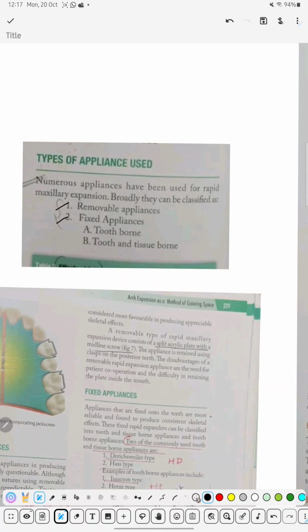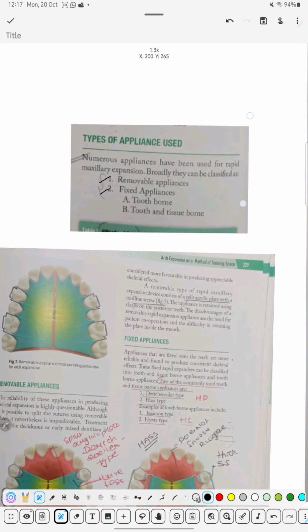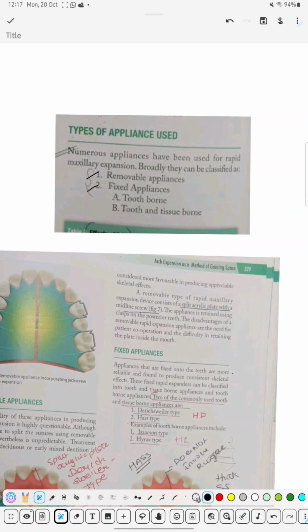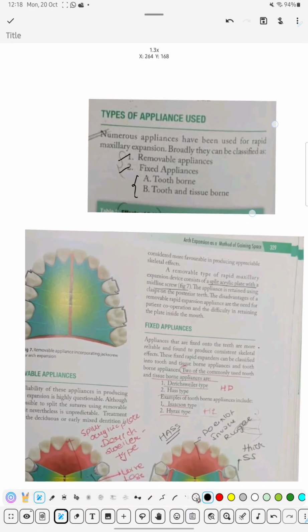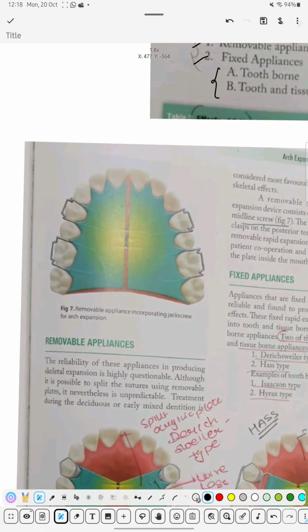So removable appliances are the ones that can be removed by the patient on their own, and the fixed appliances are the ones that are fixed by the doctor or the clinician for a particular period of time until the rapid maxillary expansion is achieved. So fixed appliances are of two types, that is tooth bone and tooth tissue bone. Further we will see what are the types of tooth bone appliance and what are the types of tooth tissue bone appliance. So let us see a picture of a